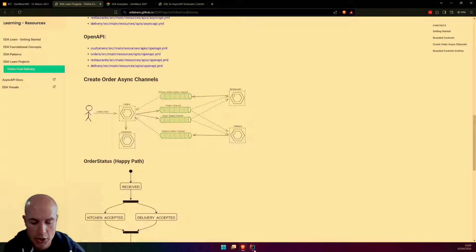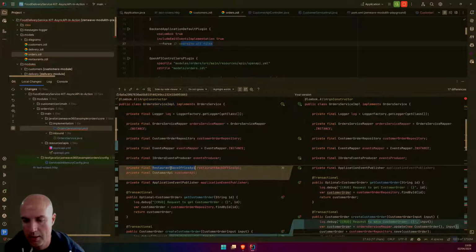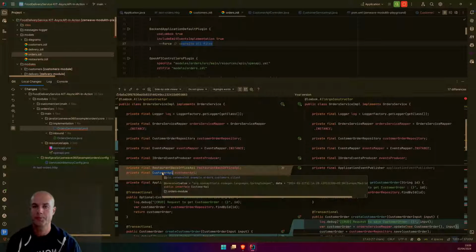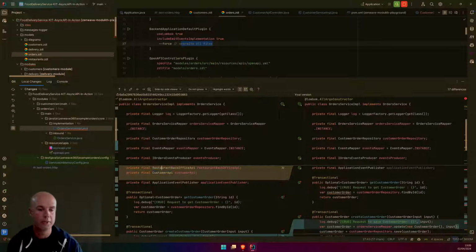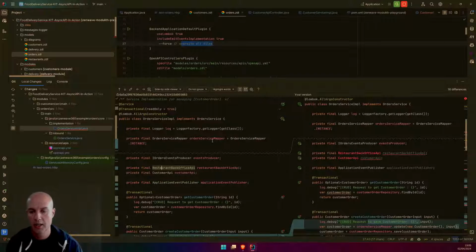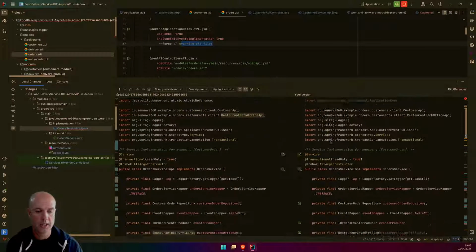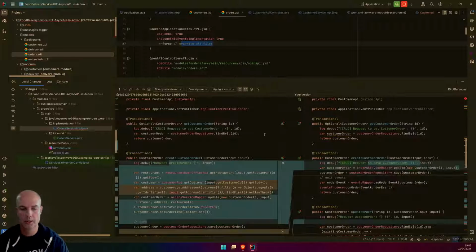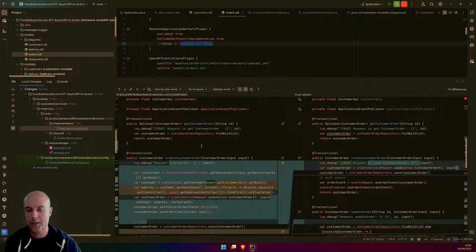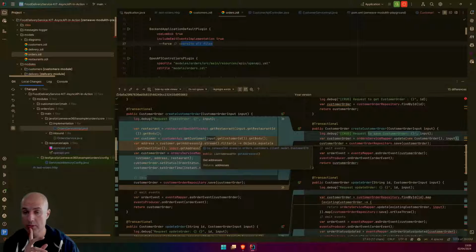And so these two are OpenAPI generated REST clients. So the first thing, I'm going to bring this back, and I'm going to bring also the imports, so we can compile it.